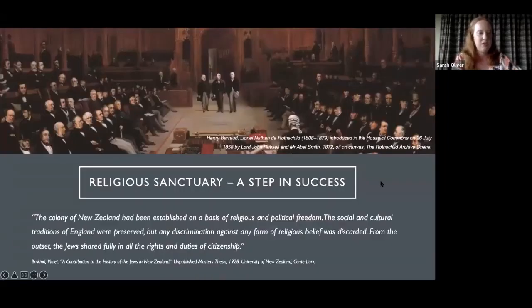Another thing that was really interesting that I found was this idea of religious sanctuary in New Zealand, and it was quite a big step to success. This is a lovely, insightful quote of how Jews experienced coming to New Zealand, and it's by Violet Balkand in